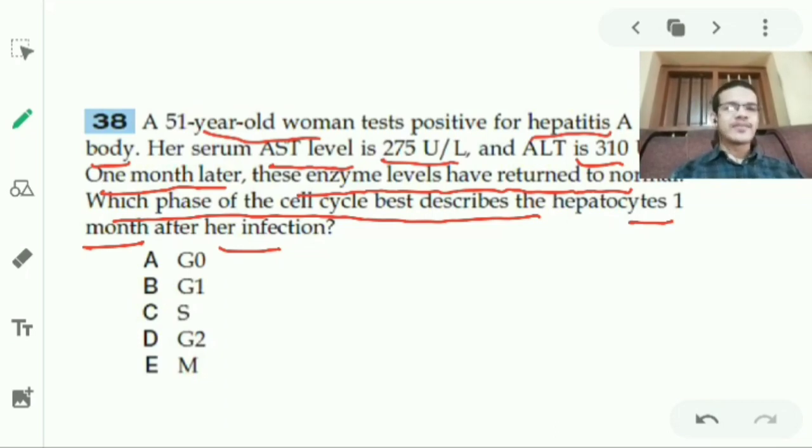That is the question. In the normal liver, what is it in? I've already discussed that the liver belongs to the stable group of cells, right? So they can divide, but they divide on demand. Now after 1 month, the demand is done. So they enter back into the quiescent or stable stage. So the answer should be G0.